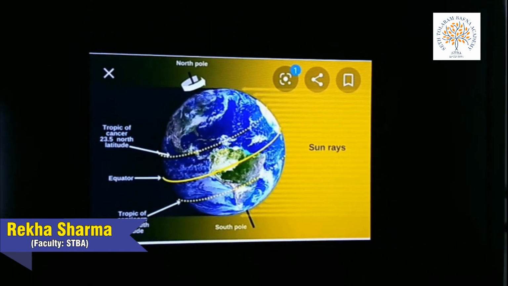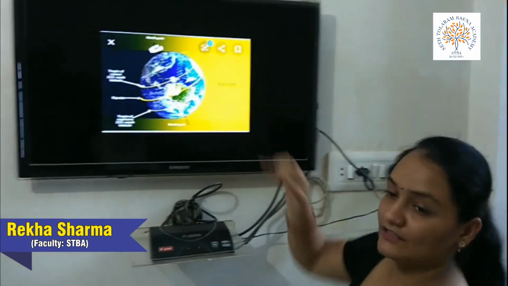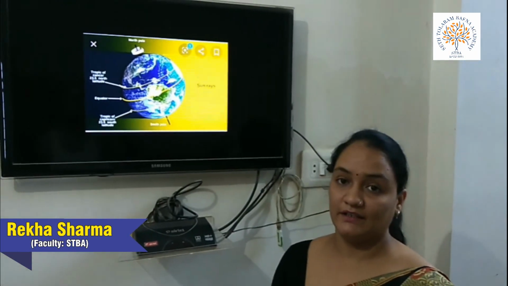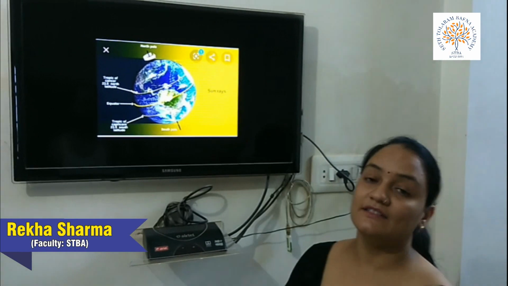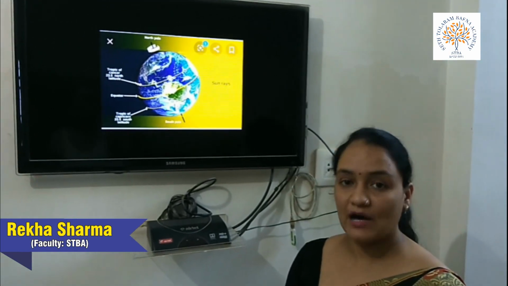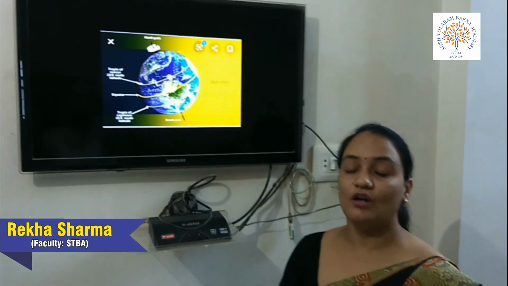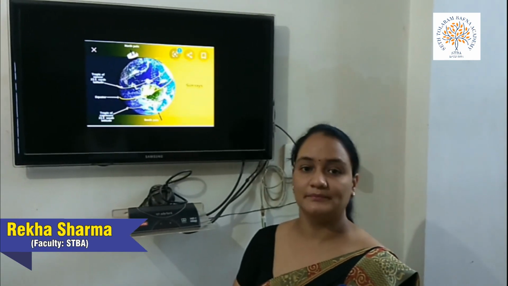In today's class, in this chapter number 3, we'll study the area near the equator. It lies on either side of the equator, from 0 to 5 degrees on the north side and 0 to 5 degrees on the south side. This area is called the equatorial region. This classification of the heat zones helps us study the weather and climate changes in the world.